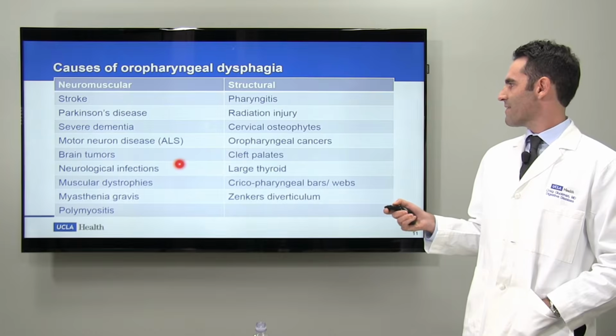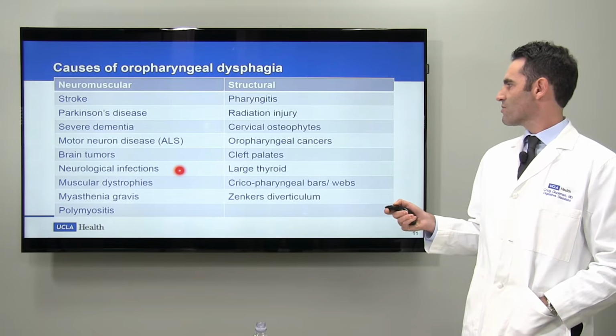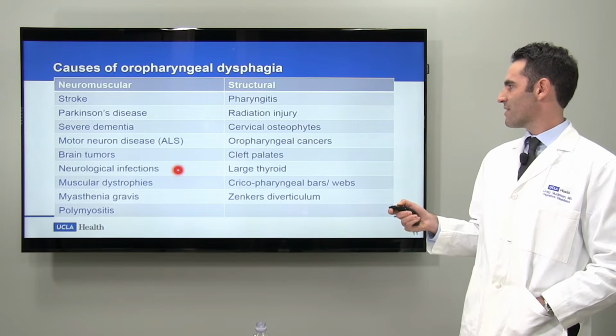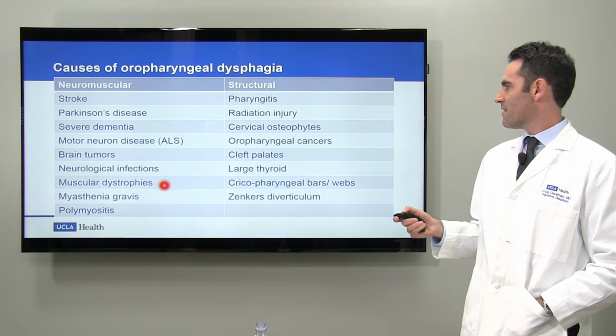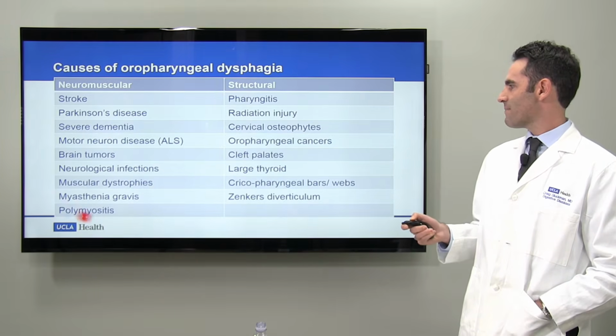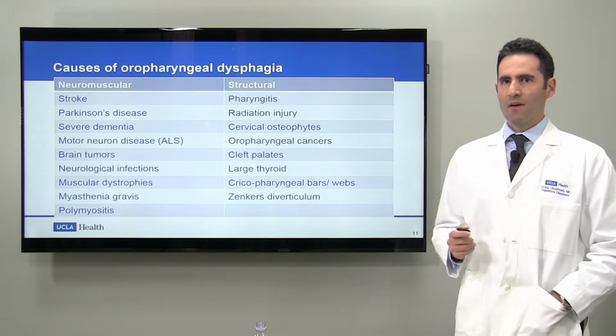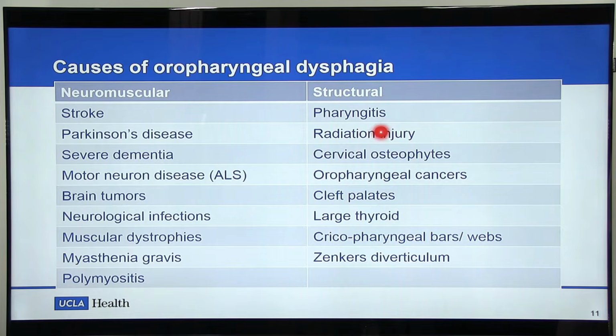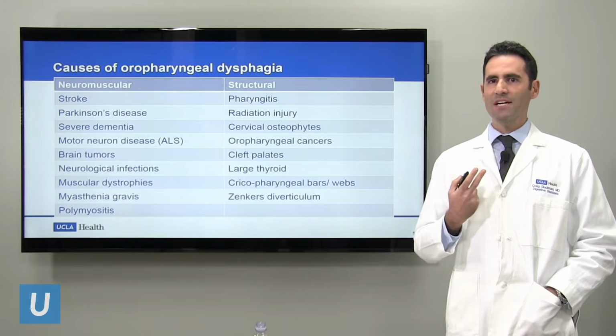And because I mentioned that anything affecting the nerve or the muscle controlling the swallowing reflex can be involved, all these conditions, things like neurological infections, muscular dystrophies, myasthenia gravis, polymyositis, all these conditions that affect the nerves and the muscles involved in swallowing can result in oropharyngeal dysphagia. Moving on to the second main group of causes, we have structural issues. So a patient with severe pharyngitis or a patient who's had radiation and suffered radiation injury, you can imagine that if there's irritation or inflammation at the back of the throat, this patient is not going to be able to